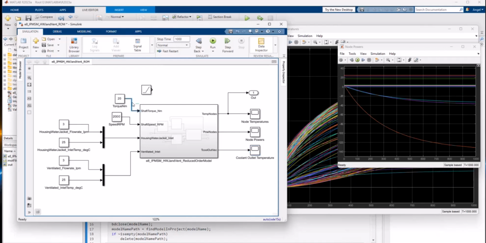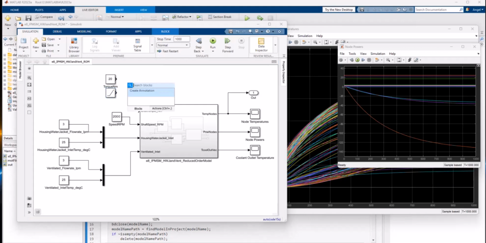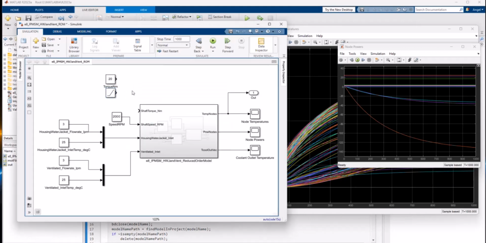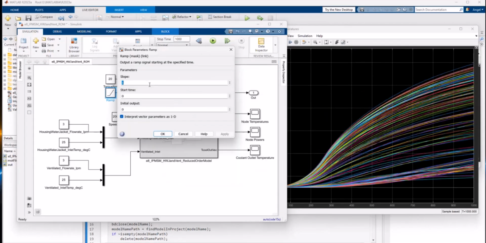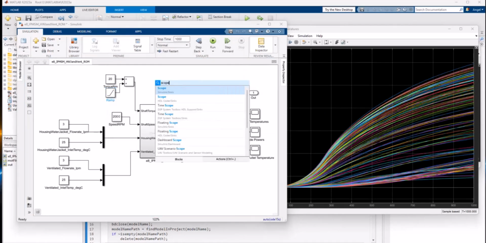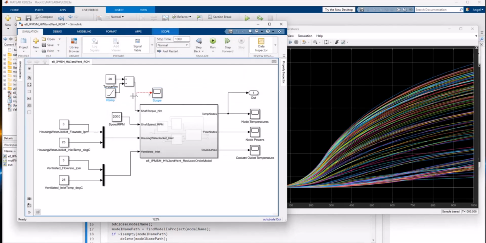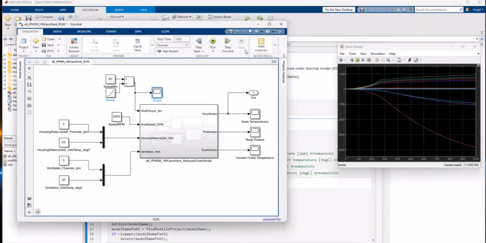And also, let me quickly show you how you can use this model not only for constant inputs like we do here, but I'm going to add a constant plus a ramp in torque. So imagine this is an automotive traction motor, as you said, and your driver is pressing the pedal more and more slowly to request more torque. Put like 0.1. I'm going to add a scope here to show what the torque value is. Let's run this again.